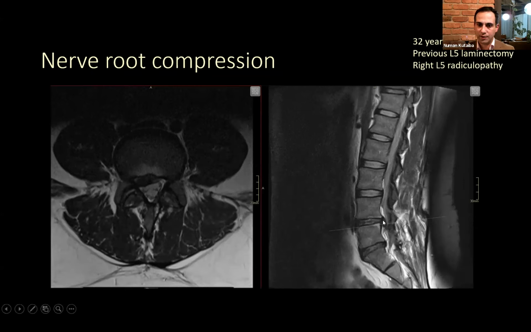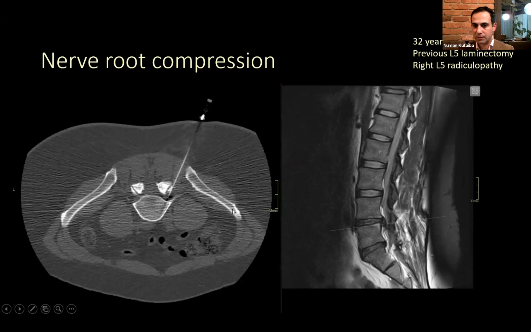And you do the MRI and there's disc herniation or disc prolapse with some extruded material, as you can see here on the axial image on the right side. If you focus on the left side, that's the nerve root traversing in this region without compression. The nerve root on the right side, you can't see it because it's completely compressed. Now, this patient will potentially require repeat surgery. However, neurosurgeons and orthopedic surgeons in general are fearful of repeating surgery on a spine that's already been operated on because of a lot of scarring and potential for recurrence.